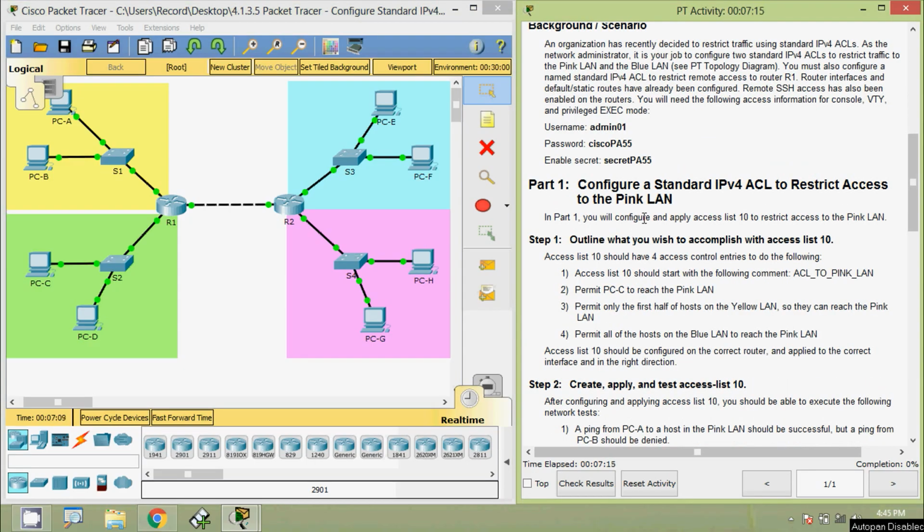Coming to part 1, configure a standard IPv4 ACL to restrict access to the ping LAN. In part 1, you will configure and apply access list 10 to restrict access to the ping LAN. We will come to step 1, outline what you wish to accomplish with access list 10. Access list 10 should have 4 access control entries to do the following. Here we can see that access list 10 should start with the following command: